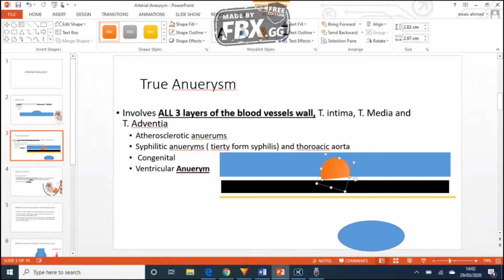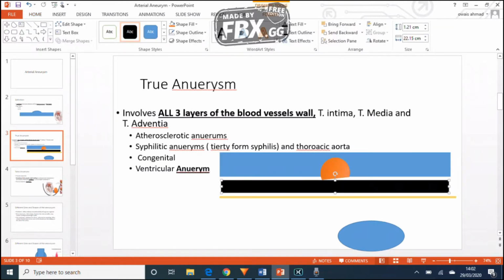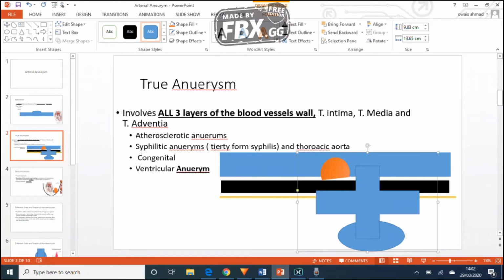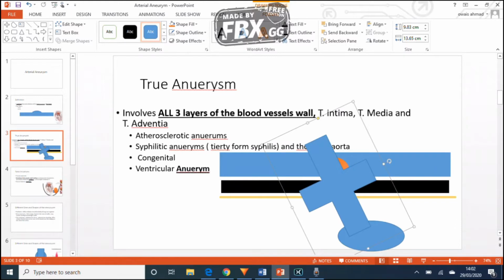So this plaque decreases the blood flow. The decrease of blood flow can cause a weakening of the wall. It might be due to a decreased amount of oxygen. I need to double check why it becomes weaker, but it leads to aneurysm. That's the main point. So that can be atherosclerosis. Another cause can be syphilis. Tertiary syphilis mainly occurs in the thoracic aorta. The third cause, I believe, is congenital. And then the fourth cause, which is not of the blood vessel,